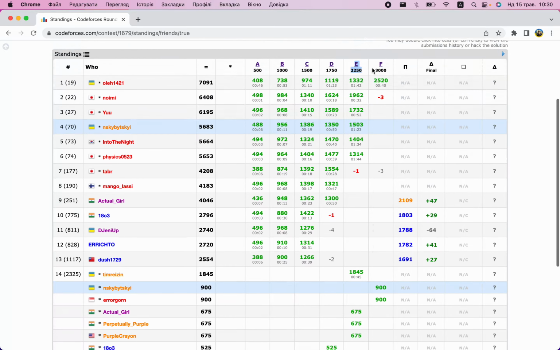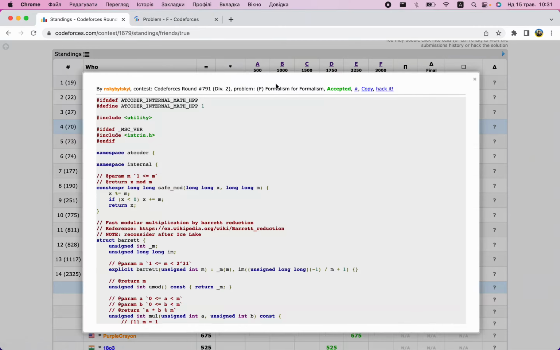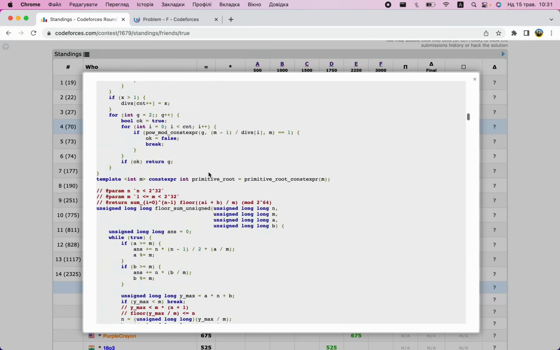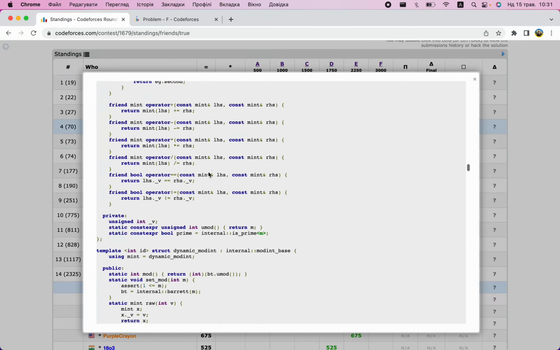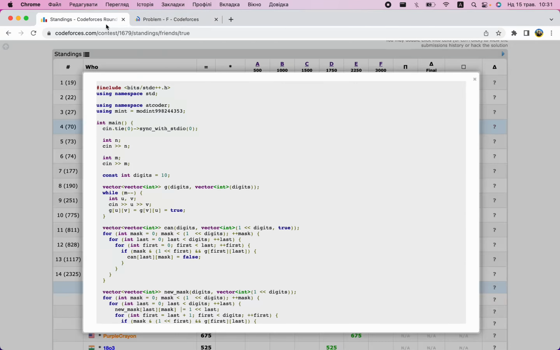Now, problem F was quite hard, not gonna lie. In problem F, if it can load. So once again, there was some modular stuff. So in problem F, we wanted to count,